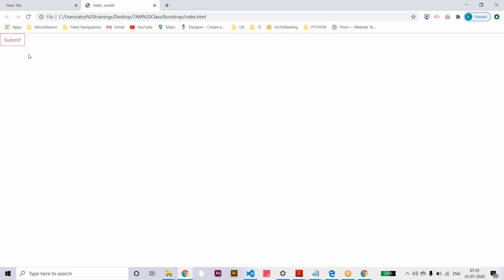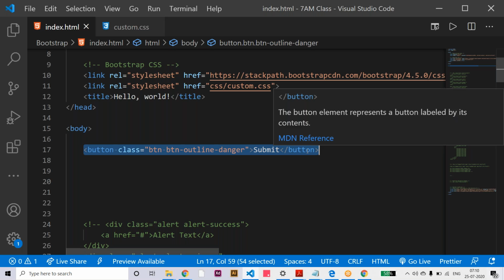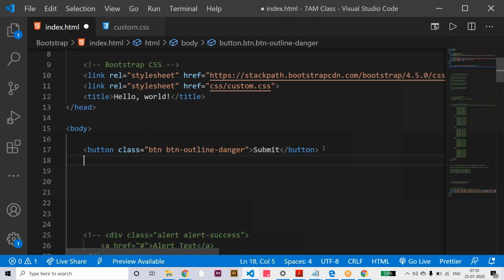When the mouse goes over it, some CSS applies a hover effect with the background fill color and white text. Like this you can use other subclasses also. Let's say here button success.